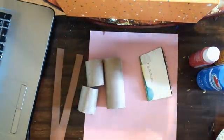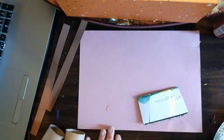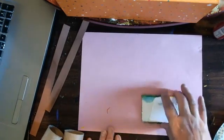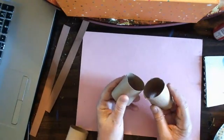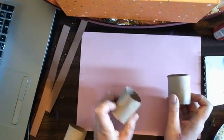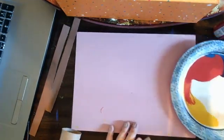So the first thing we're going to do is create the blanket for your bed. And that's where the paint is going to come in. Now, if you don't have paint, you can do this with marker or with crayons, but it's going to be much more fun if you do it with paint. Okay. Now, I have cut this toilet paper roll in half because I want to be able to use 2 ends without getting my hands all messy. So I'm going to dip the ends of my toilet paper roll in my paint, and we're going to make some circles. We're going to create a texture